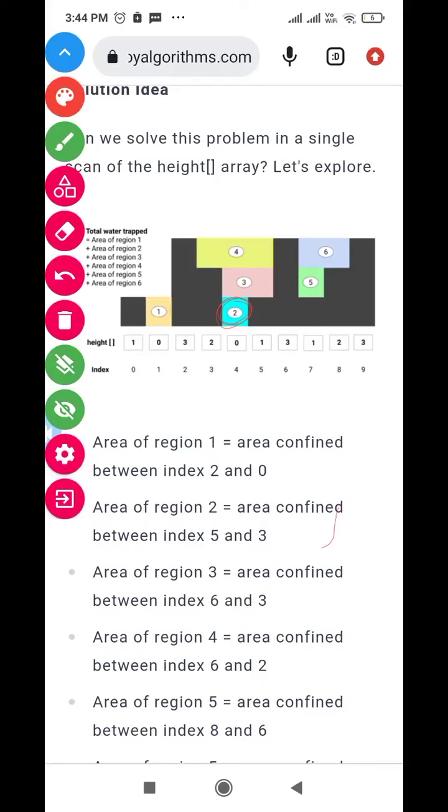Now next thing, after this the block is also more than the previous block, right? And the stack top has gone to this 3. It was 4, then it popped, it went to 3, but the index will go till 6. Okay, so this will happen. The area of region 3 will be calculated using this. So we'll see that in our code. Okay,